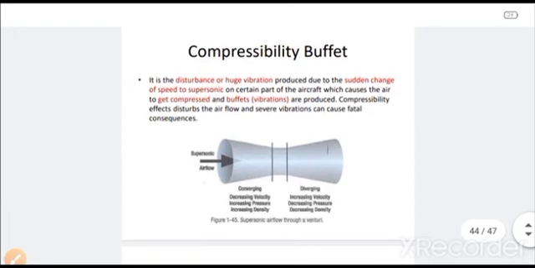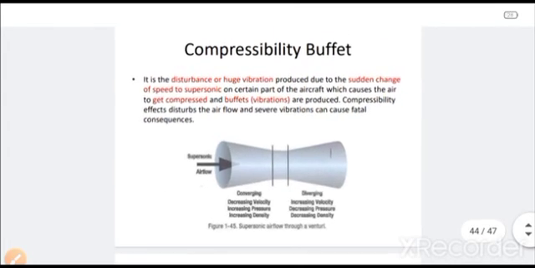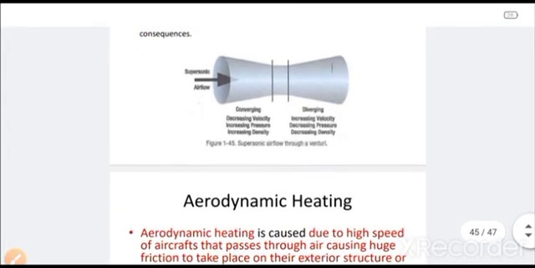Then we have compressibility buffet. What is compressibility buffet? It is a very simple thing. Whenever air is compressed due to very high speed at supersonic level, that compressed air will cause a lot of buffeting, or rather a lot of vibrations, around the structure, and those vibrations can sometimes even be fatal. The pilot may even lose control of the aircraft, and the aircraft can come down and crash sometimes. So these compressibility buffets need to be lowered, and we have already studied in the previous slides and in part 1 also that any buffeting or vibration needs to be balanced by mass balance or CG balance. Okay, CG has to be kept away from the hinge point